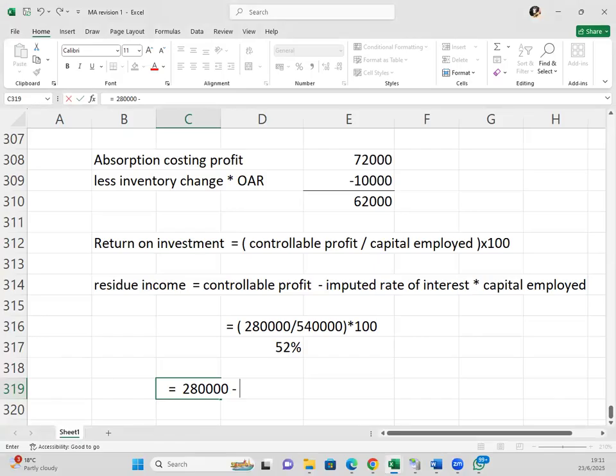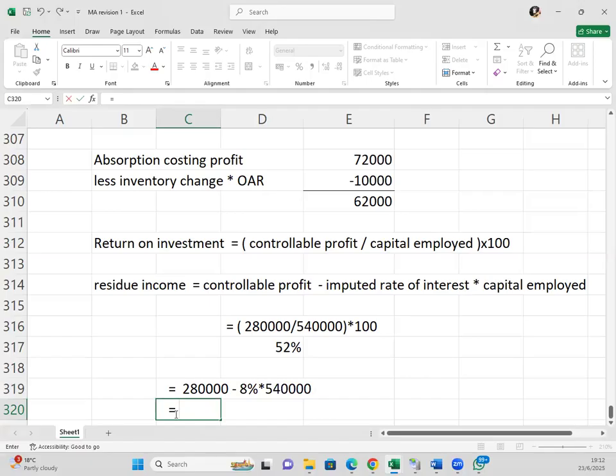So we say 8% of the capital employed. In other words, what are we saying? We are saying we want to confirm whether this project is worth investing in. So we are assuming the money we are going to use is borrowed. Let's assume the money that we have used to invest in this project is borrowed, and we have borrowed the money at an interest of 8%. So we are checking, if we invest in this project, is the profit enough to cover the interest?